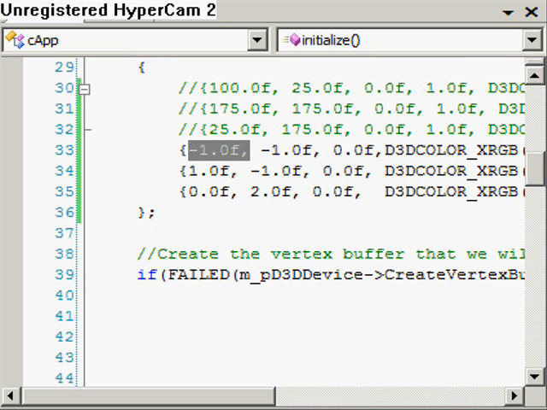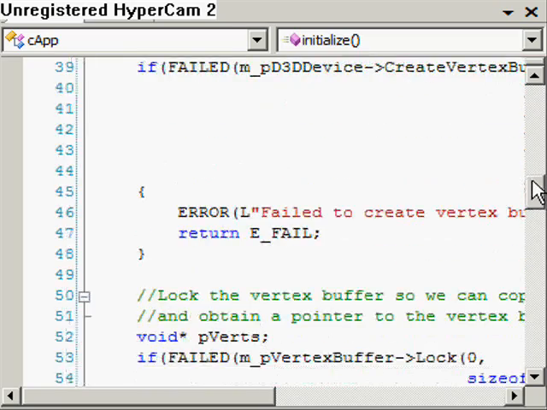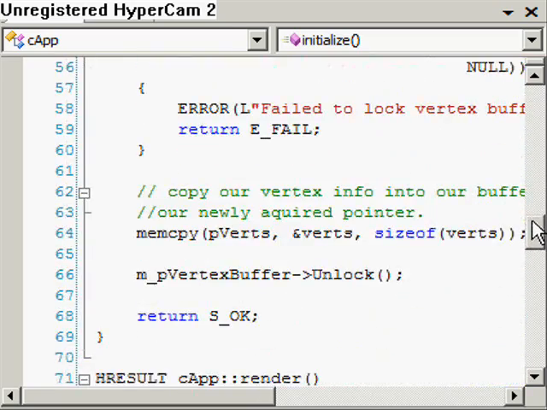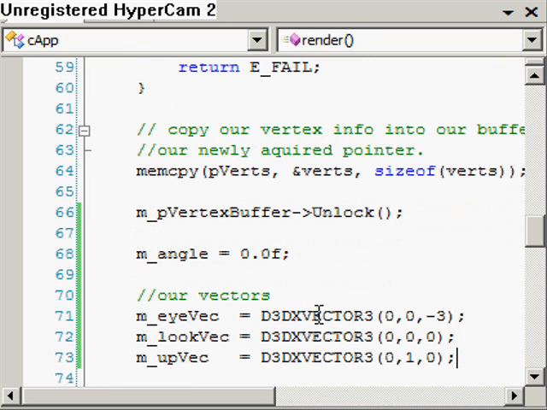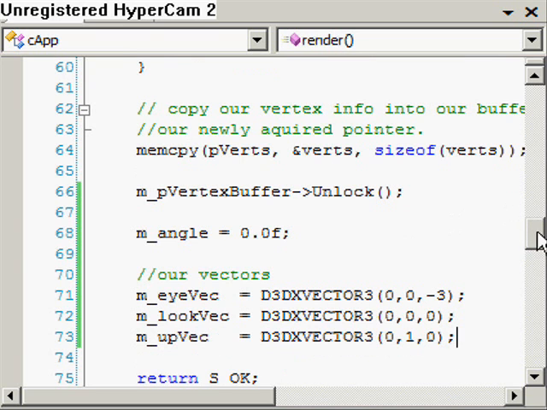The next thing I'm going to change is just a simple one. After we have filled our vertex buffer and unlocked it, we're just going to initialize the angle to 0, because this is our initialize method after all. And we're also going to initialize the 3 member vectors that were declared in the header file: eye, look and up. And these are concerned with our camera,